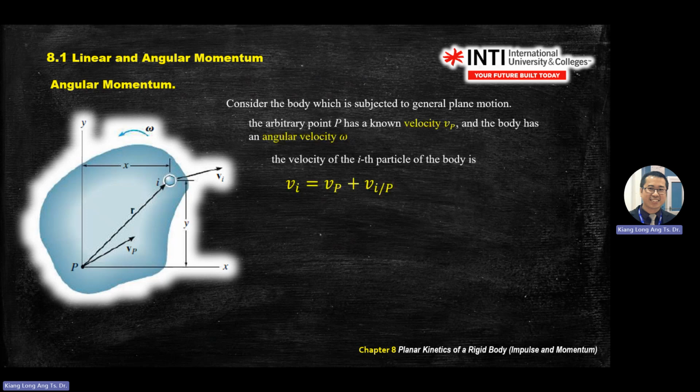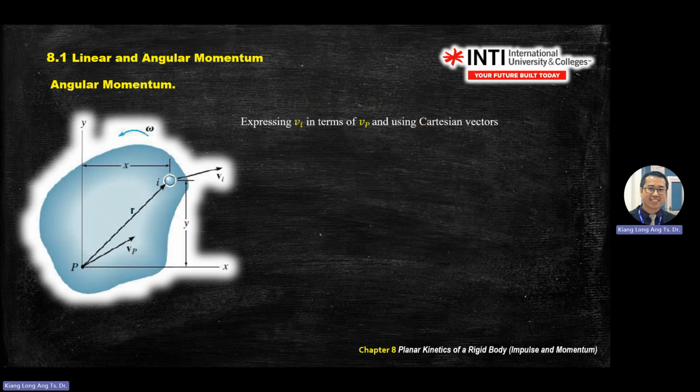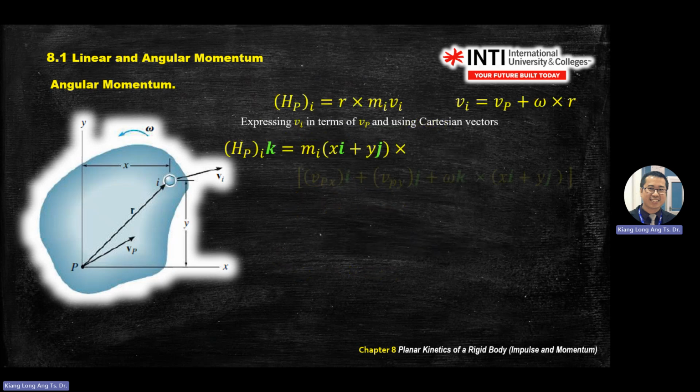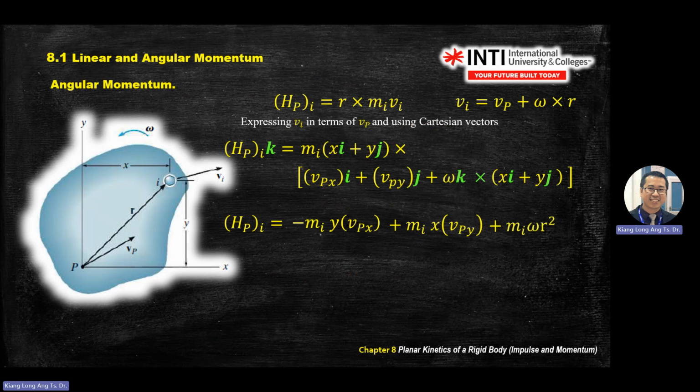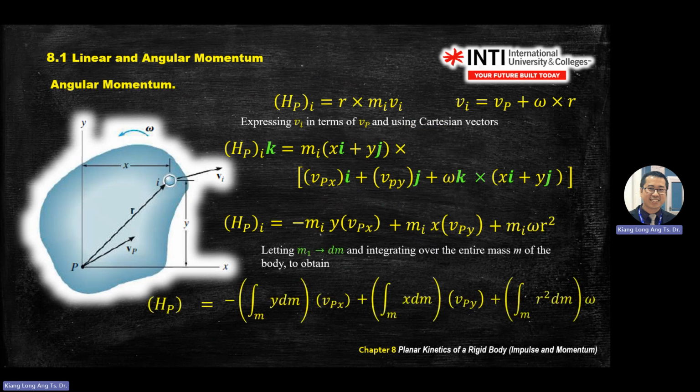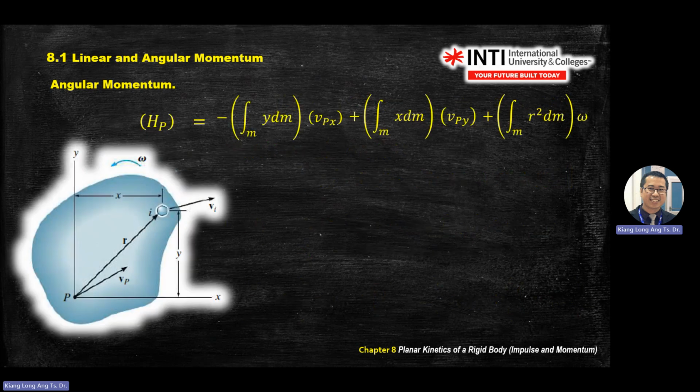So velocity we can derive into vector form. And again, we are not interested in the derivation. If we have time, we will go and see how we derive the equation. What we want to know is the application of this one. You can see this ijk means the vector form. At the end, we arrive at